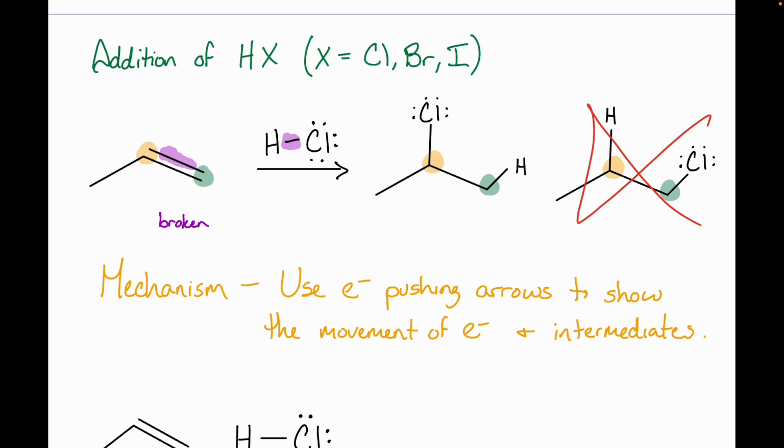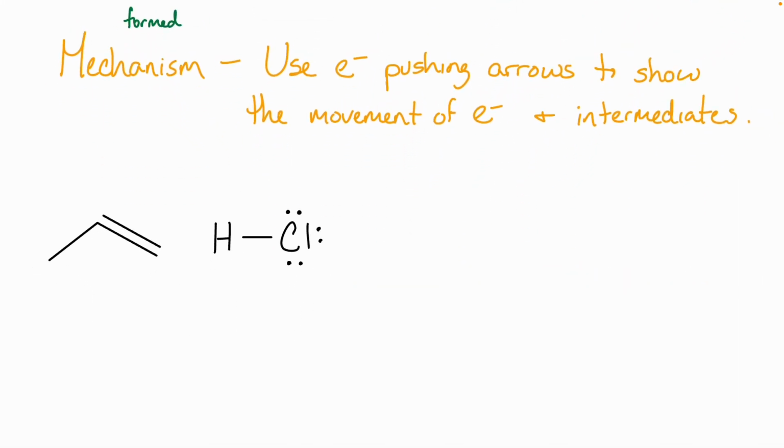What new bonds are being formed in this reaction? My single bond between my carbon and chlorine, as well as my single bond between my hydrogen and my carbon. Right? So my two new addition bonds there. So in our mechanism, we're going to illustrate those bonds being broken and those new bonds being formed. Okay? But importantly, this reaction here does have an intermediate, meaning that it occurs not just in one step, but in two. All right? So the first step here is going to be our pi bond reaching out and grabbing